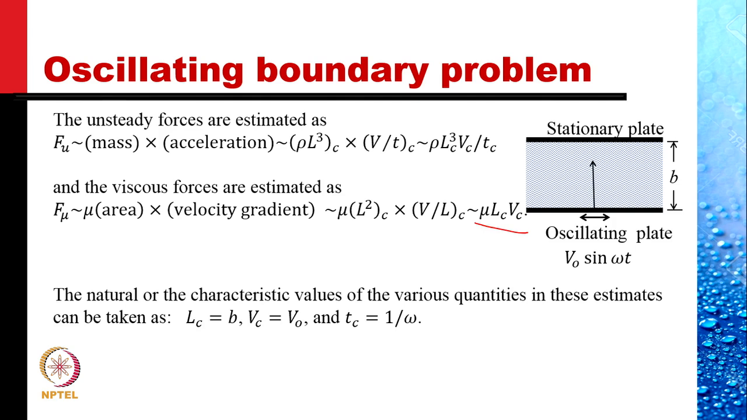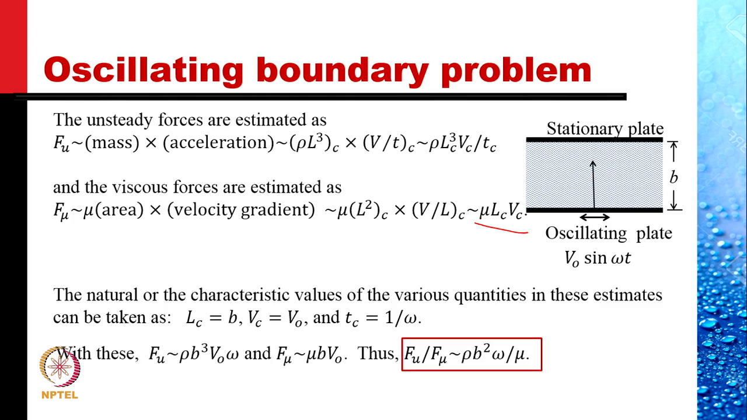The natural or characteristic values of the various quantities in these estimates can be taken as Lc equal to b, the spacing between the plates, Vc, the characteristic velocity, as v naught, the amplitude of the velocity of the oscillating plate, and a reasonable characteristic time is 1 over omega, the circular frequency. With these, the unsteady forces become rho b cubed v naught omega, and the estimate of the viscous forces is mu b v naught. Thus, the ratio of the unsteady to viscous forces is given by rho b square omega